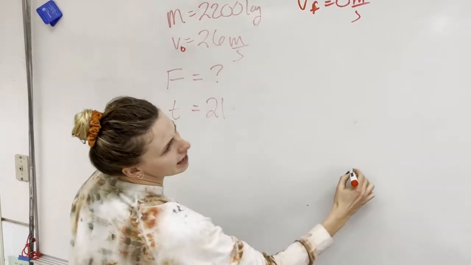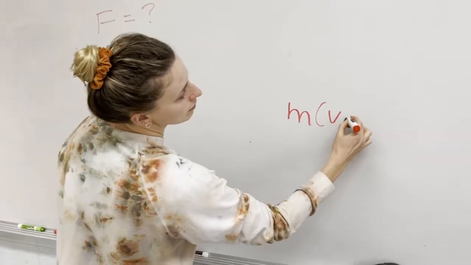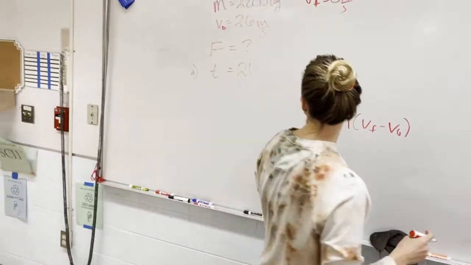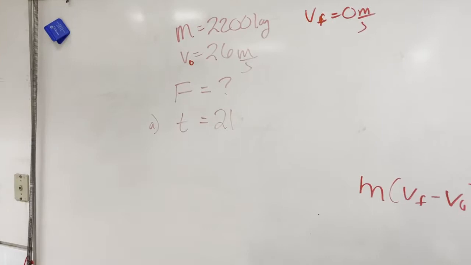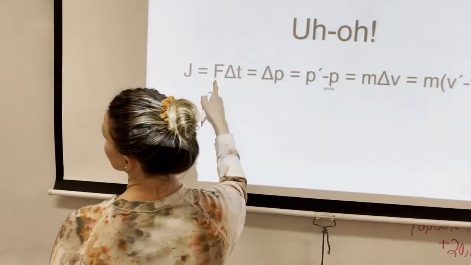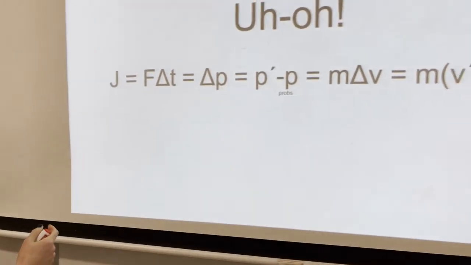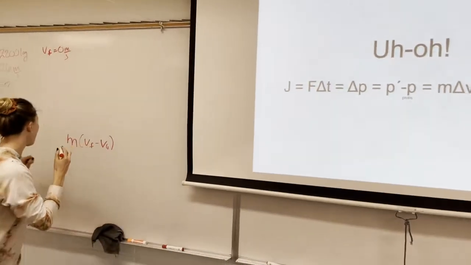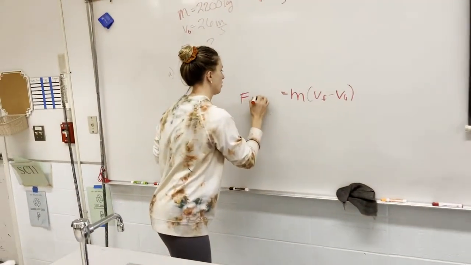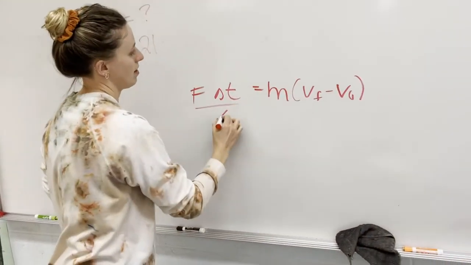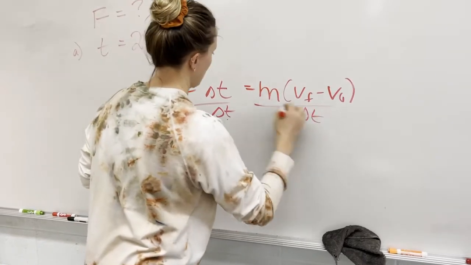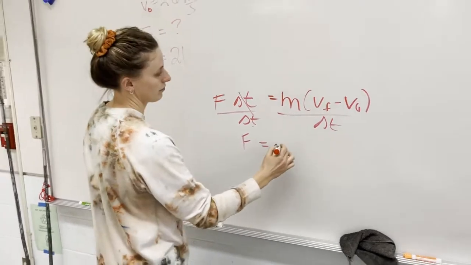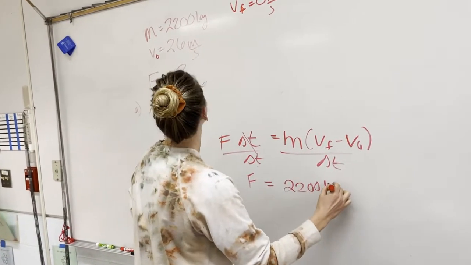Okay, so I'm gonna say m times V final minus V initial. Now, what else do we have? We're trying to figure out force. Force, and then we got time. Well, this is the only one with force right here. So check it out. We can ignore everything except force times time in that last one. I can set them equal to each other, and I can just divide by my delta T. And it's always better to solve with the variables instead of plugging the numbers in. So now you can plug the numbers in.